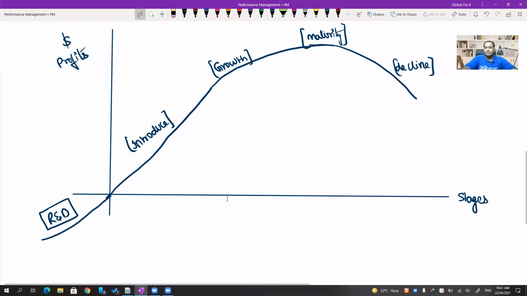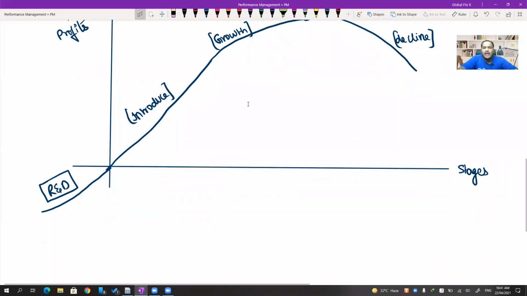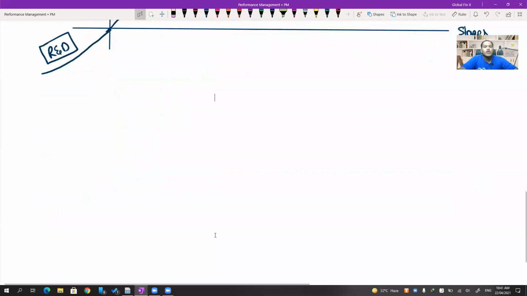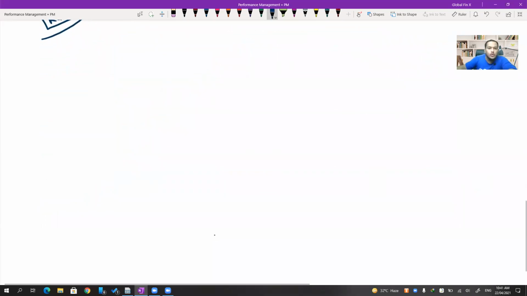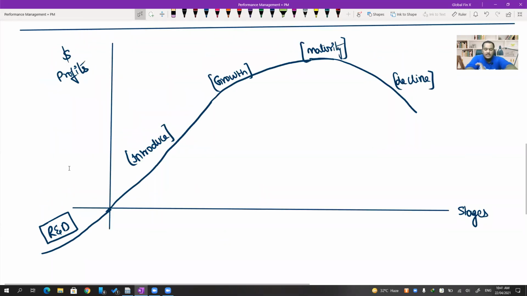Okay, so we established the fact that we need to consider the research and development cost as well. So what we will do is, sir, please understand something. We need to fix the sales price at the beginning of the production process itself, right? At the introduction stage itself, we need to fix the selling price. Otherwise, we'll not be able to sell in the market without knowing a price to sell.